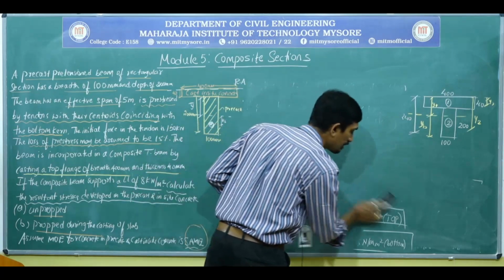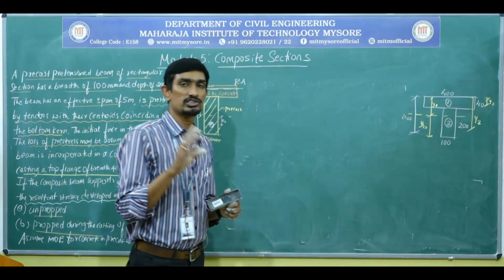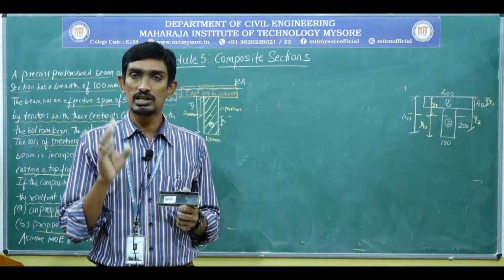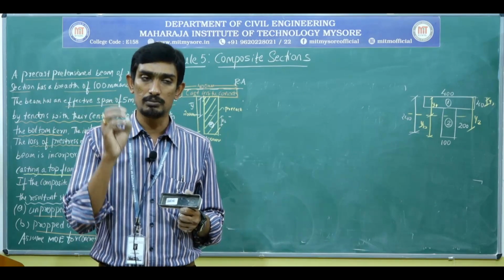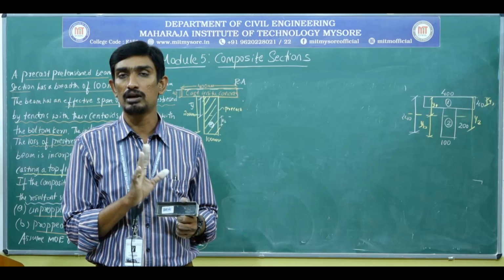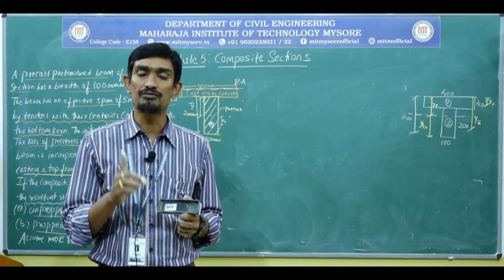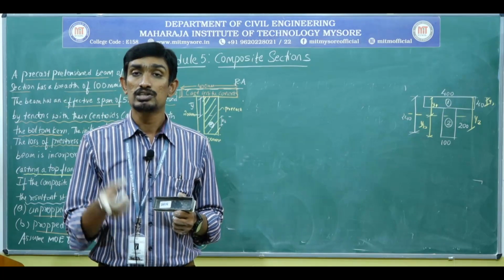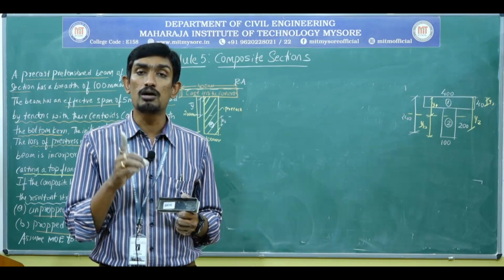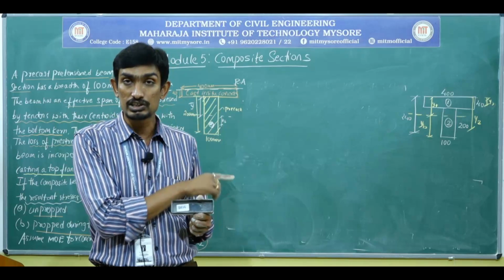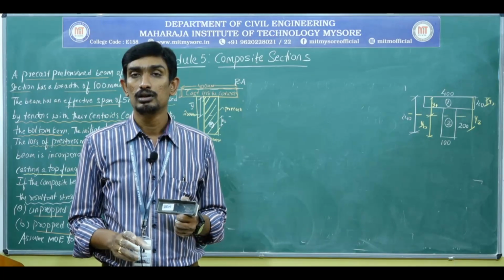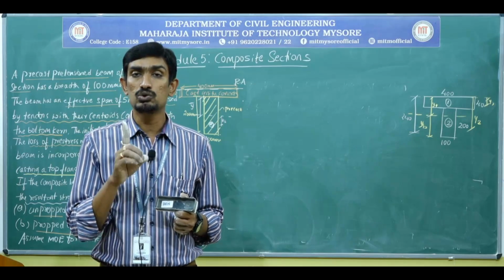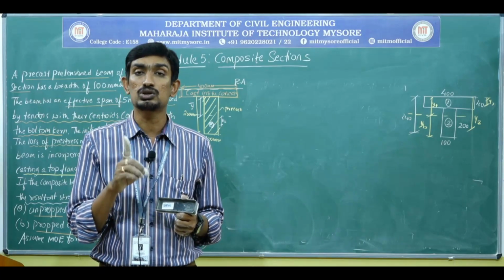So now everything remains same. That is, stresses due to the initial pre-stress remain same. Stresses due to the effective pre-stress remain same, no change, whatever I did. Stresses due to self-weight of precast pre-tension beam remain same. Stresses due to live load on composite section, what I did just now, that is also same. But one thing will change, that is stresses due to self-weight of cast in situ slab.